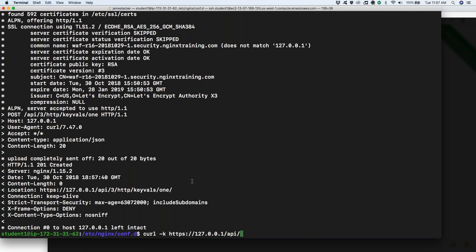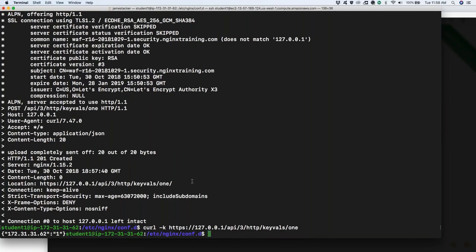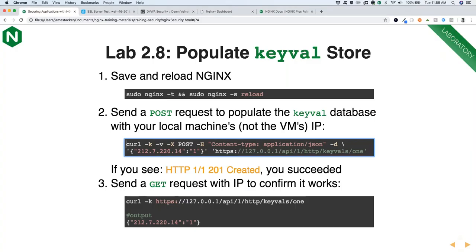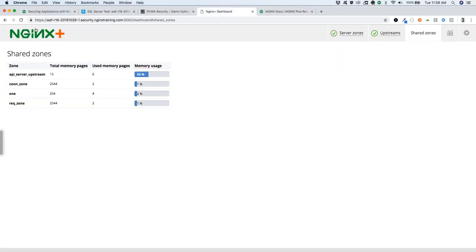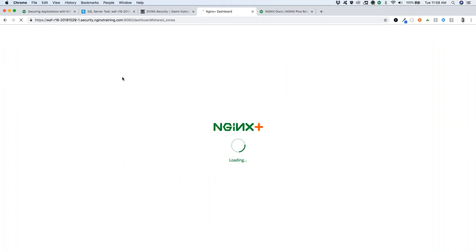I just go here. I go to API. I go to 3, HTTP keyval. Was it keyval or keyvals? Keyvals 1. And I should see the value here. Okay, so that's my IP. It's in there. Now, in theory, if I go to the dashboard here and refresh,